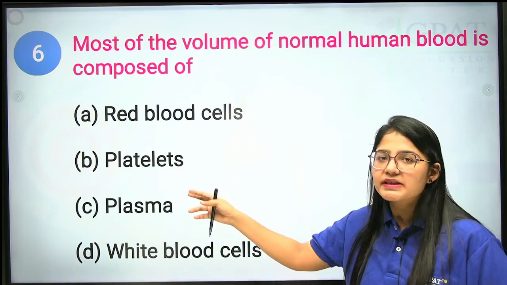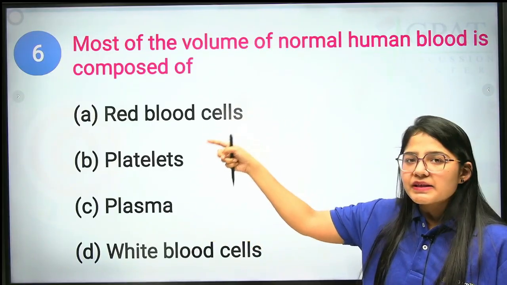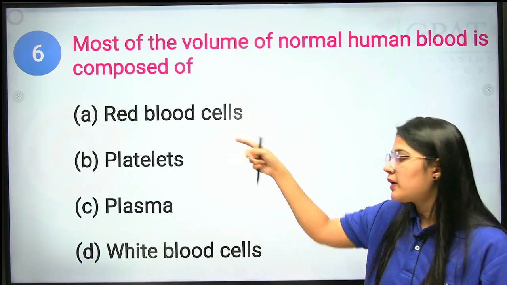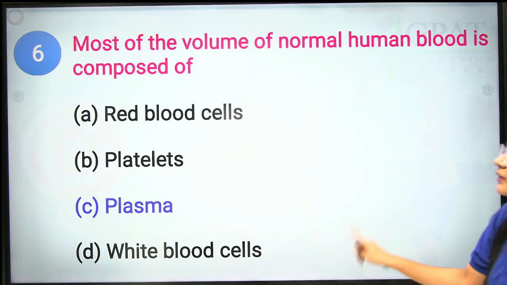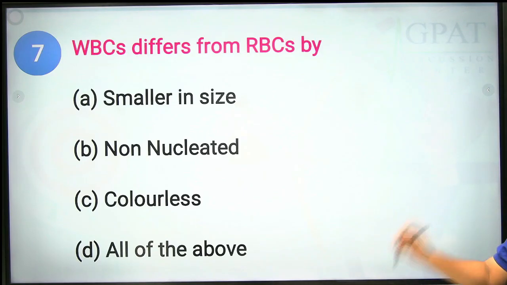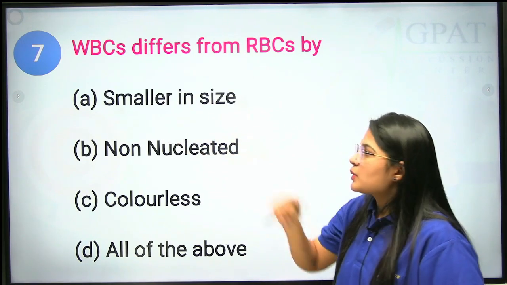Clear? Then the second is our RBCs. After plasma, RBCs have the most volume. Then we have WBCs and platelets. Clear? Okay. Next question. WBCs differ from RBCs by, okay, they are smaller in size,